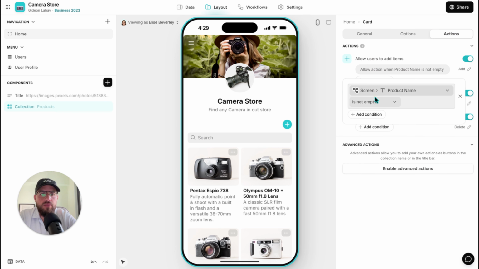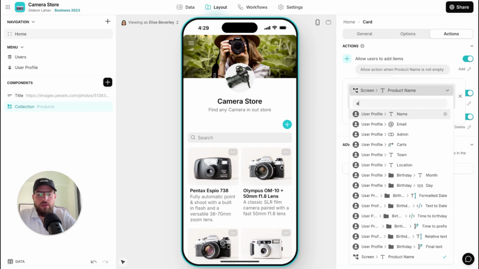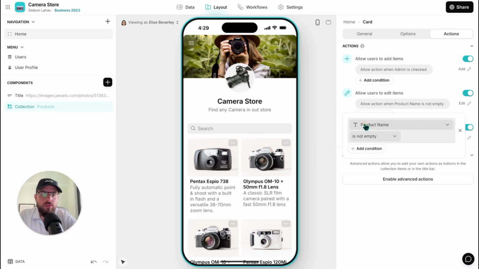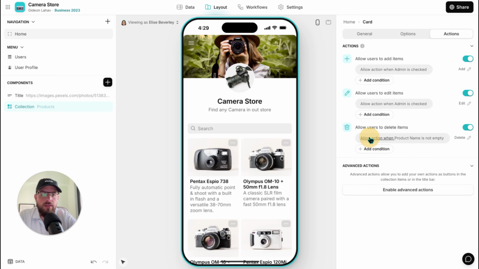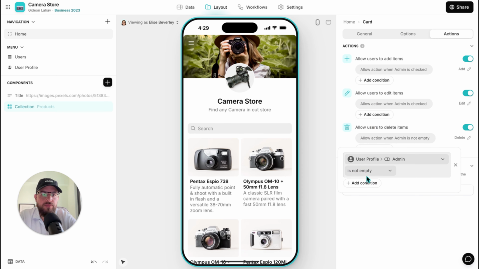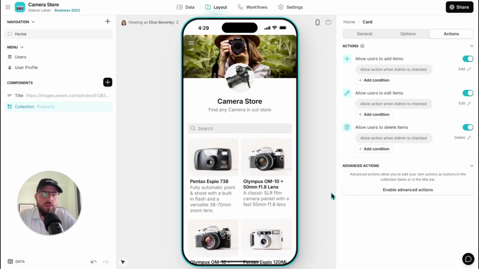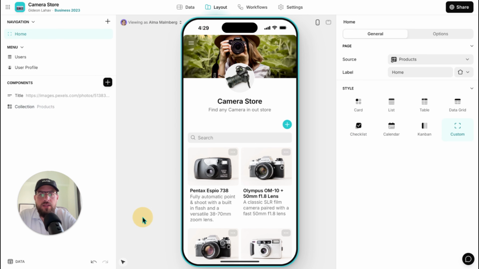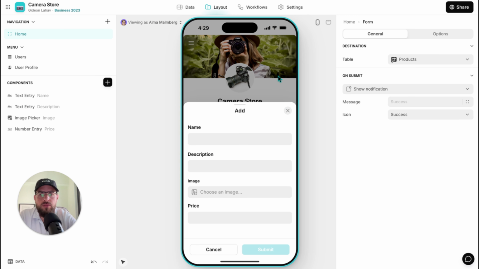I want each of them that only admin will be able to do it. So only admin should be able to add new cameras and delete, of course, is checked. So now Alice cannot do it, but if I'm gonna log in as Alma, then I'm able to basically add,